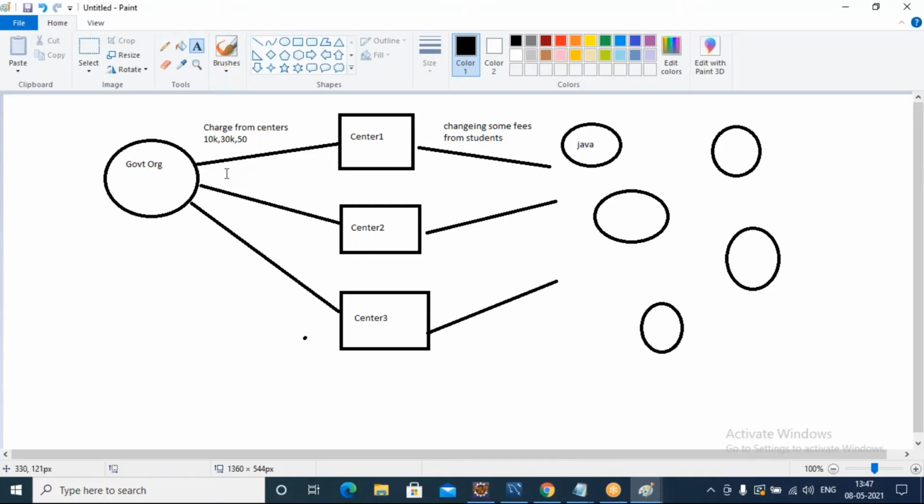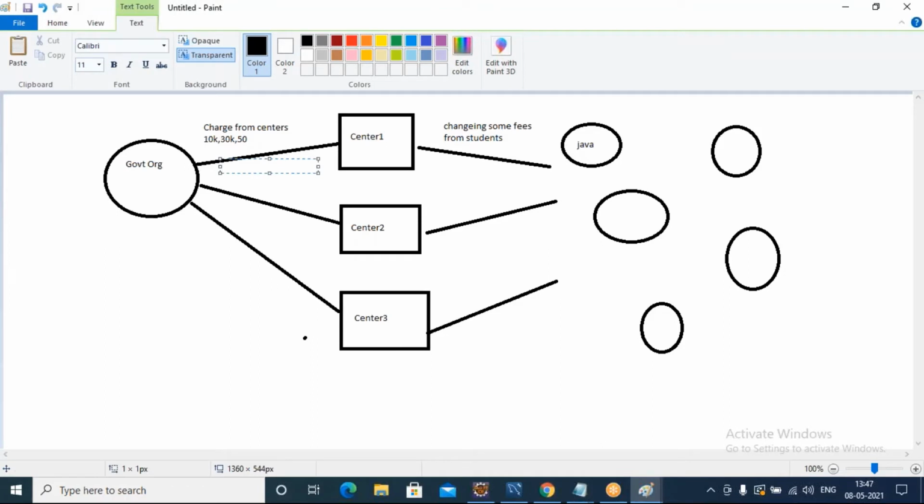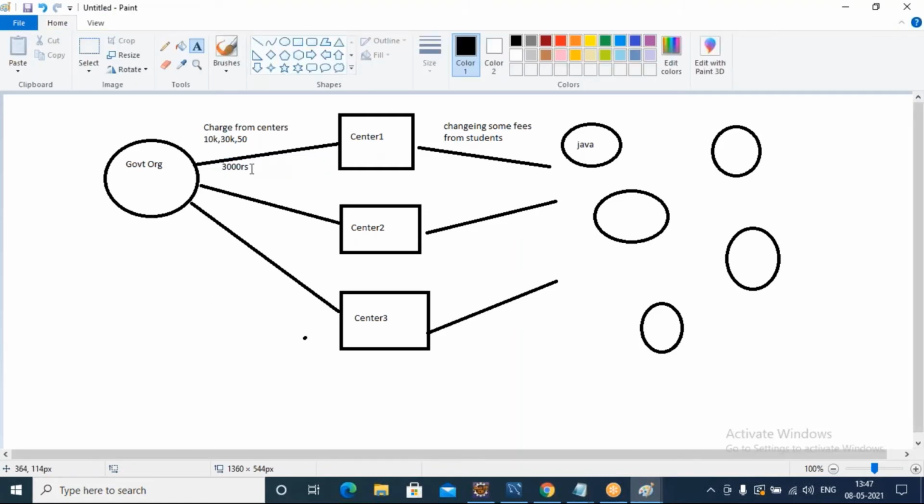So internally, what will the government organization do? It will provide the certificate to the student, but internally it will deduct some 3,000 rupees from the paid amount. Assume that the center has paid 10,000 rupees, 3,000 rupees will be deducted from there, and they will give the certificate to this student based on his score and performance.